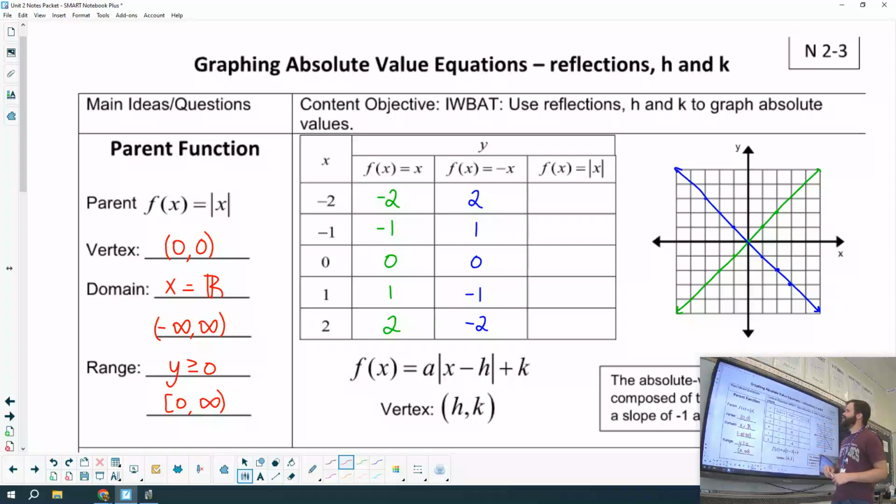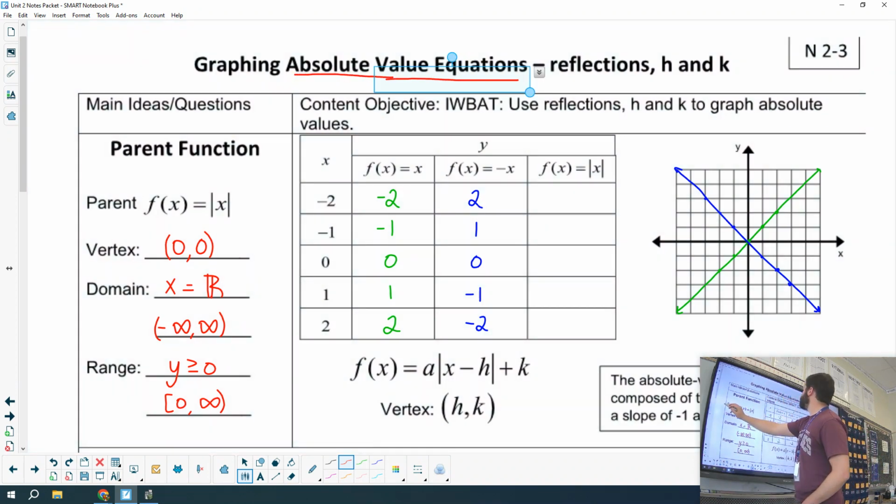Hey guys, today we're going to be talking about graphing absolute value equations. That's what it is, absolute value equations. Now, this is our first time ever talking about absolute value equations, okay? But as we're looking at this, the graph looks kind of weird, and that's what we're going to talk about first. So the graph of an absolute value equation looks like a V, and we're going to talk about why